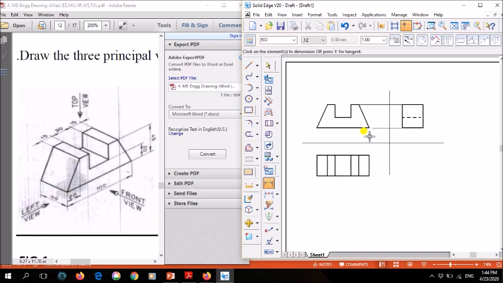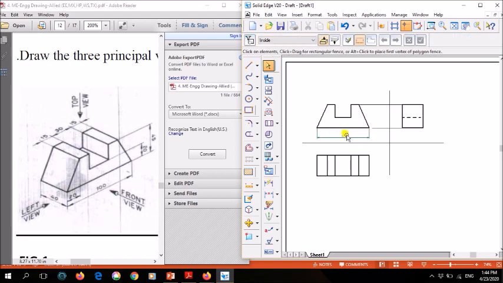Okay, so how you do the dimension, usual dimension. So draw projection line from here and from here, and show the dimension like this. Okay, so leave a gap here so that this dimension is clearly visible. Okay, so like we have seen earlier, whatever the distance is there from here to here, this distance should be how much? 1 centimeter or 10 mm.